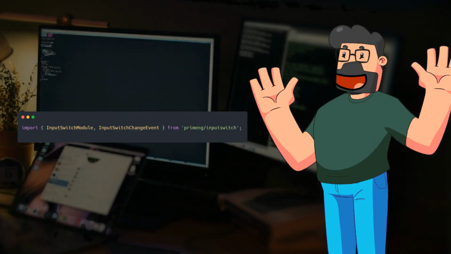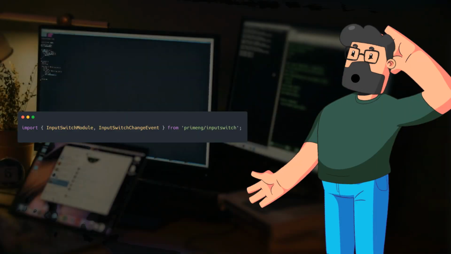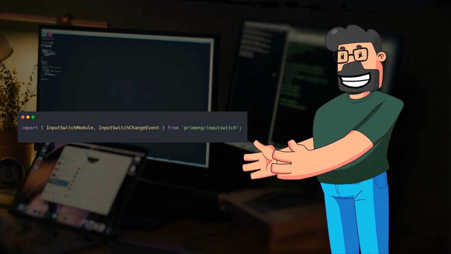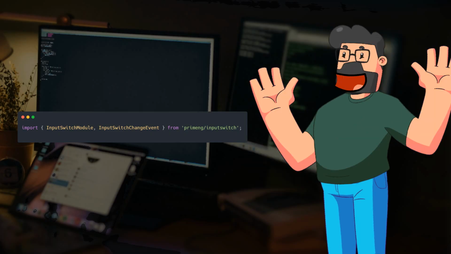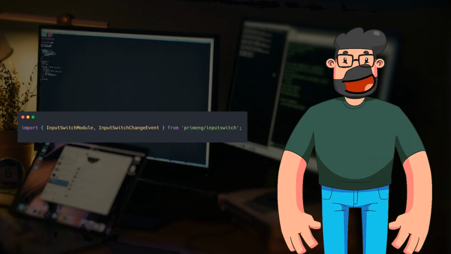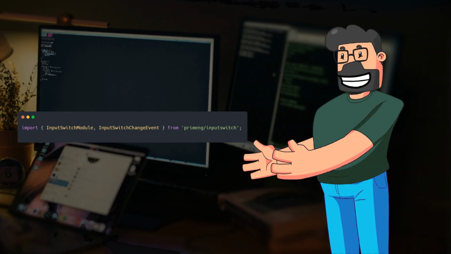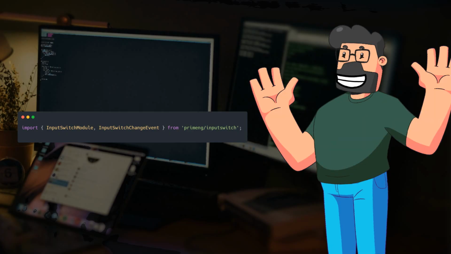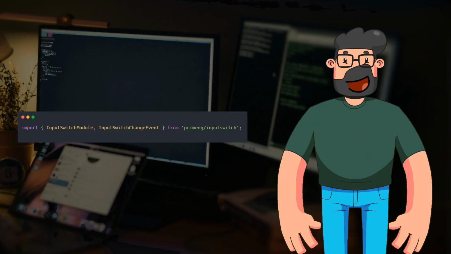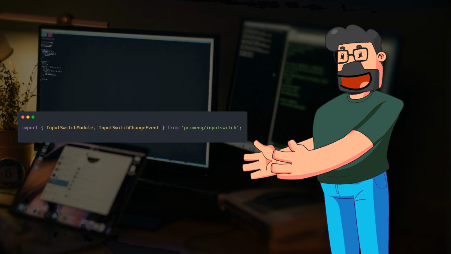Building on the previous solution, importing the necessary interfaces types at the root level can further enhance the compatibility and functionality of Keycloak-js within the Angular application. By importing InputSwitchModule and InputSwitchChangeEvent from primeng/inputswitch at the root level, you can optimize the integration of Keycloak-js with other dependencies, ensuring a smooth and error-free operation. This nuanced adjustment can contribute to a more cohesive and efficient development environment, enhancing the overall performance of your Angular